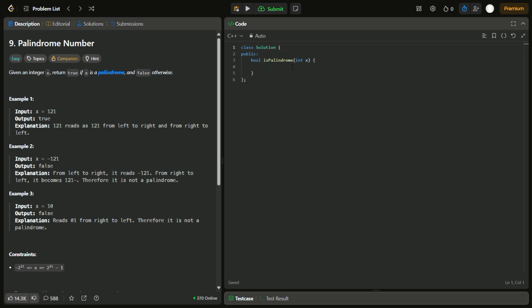Okay, so how will we write our code? First of all, we will give our condition for the numbers which are not palindromes. So we will apply an if condition so that the numbers which are not palindromes return false. Okay, so we will write if